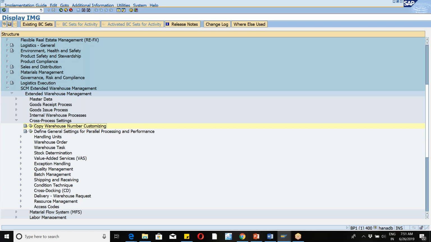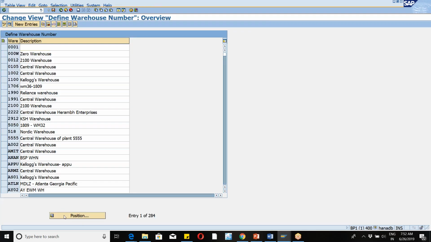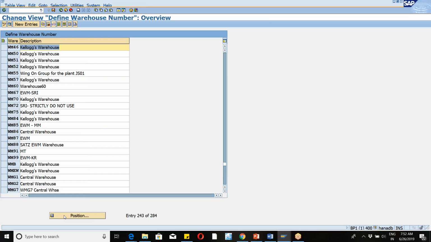Now, if you go to this master data, define warehouse numbers, WM46. Earlier, if you check, we didn't have this even. Now it is coming. So either you first define the warehouse and then copy it, or you directly copy it. It doesn't matter. So what I'll do is,